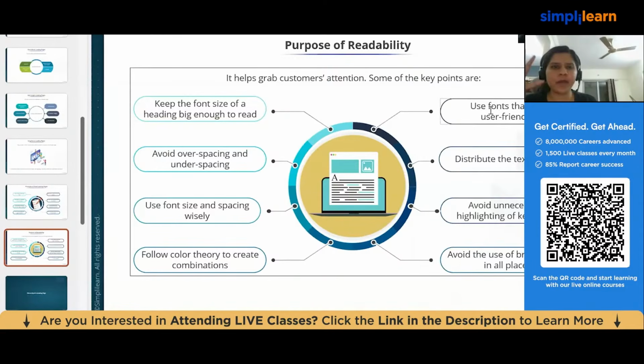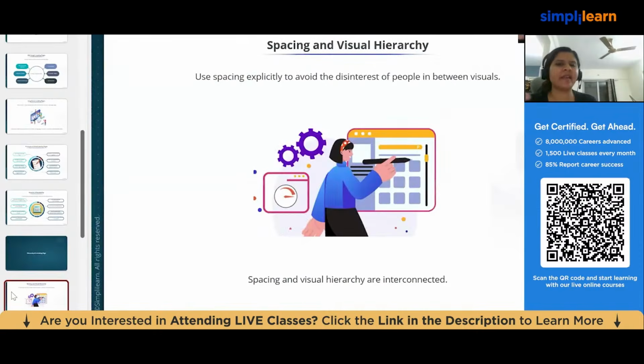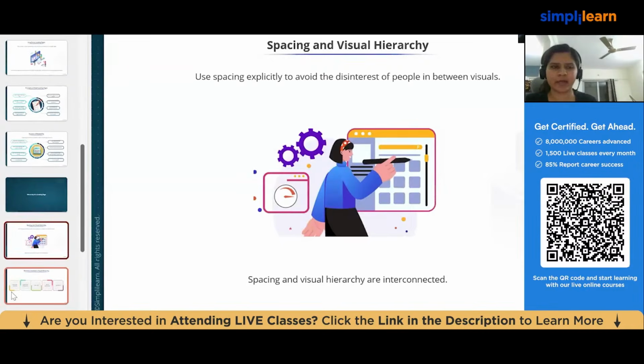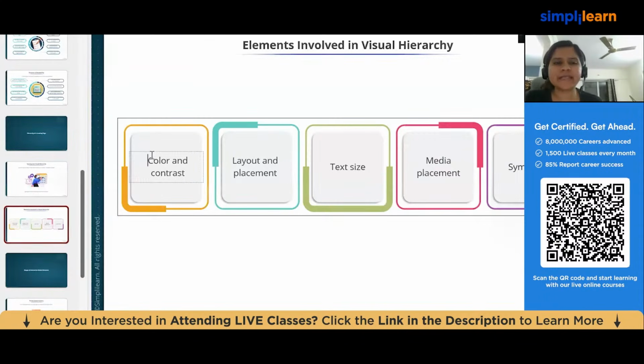So I hope you guys are able to understand, right? We have discussed all these pointers, it's just that we are going through them from a theory perspective again. Now, for visual hierarchy, this is something that more than you,